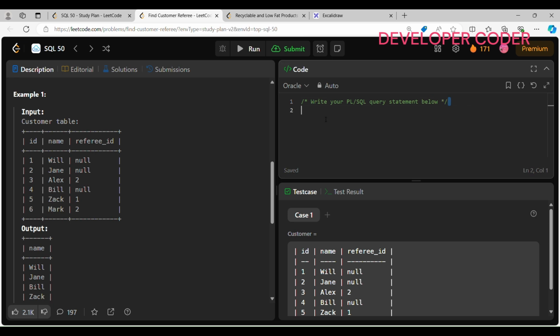Now let's write the code for this one. We have to return name, so select name, and from which table am I going to select this column? From customer. So I am going to write customer here, where my referee id, this column referee underscore id, is not equal to 2. It should not be equal to 2,